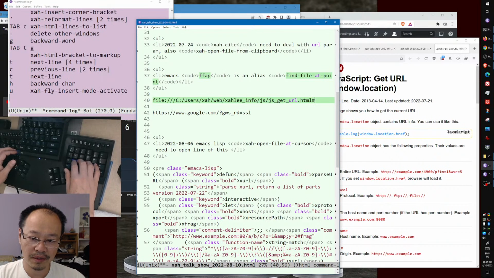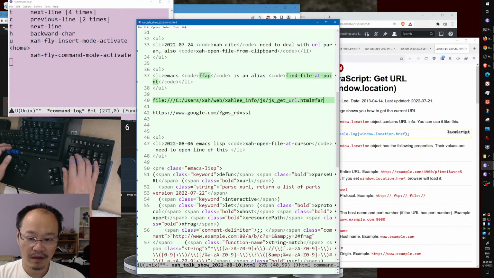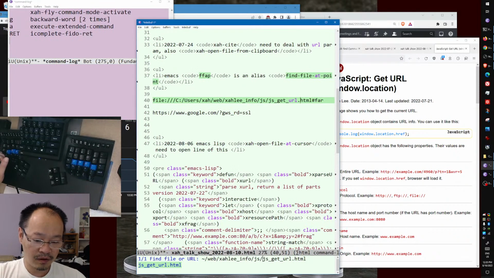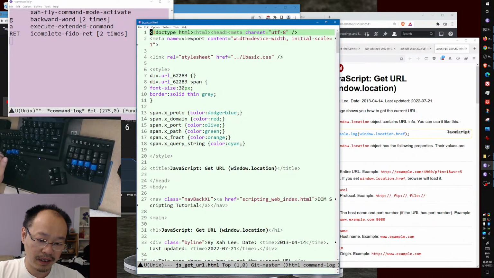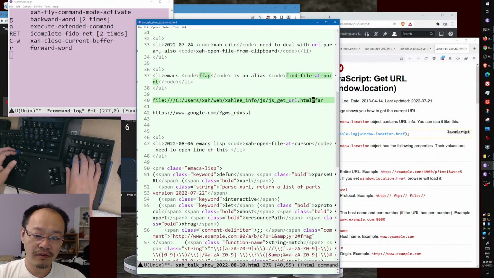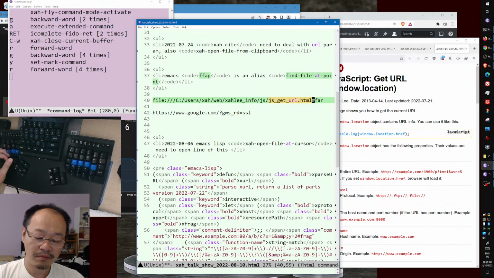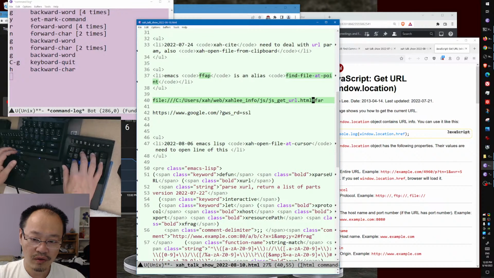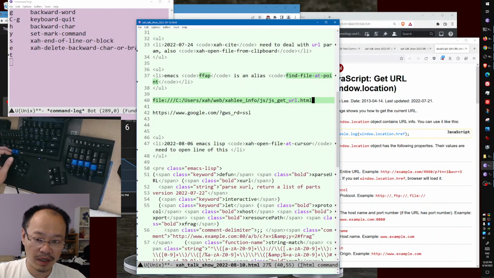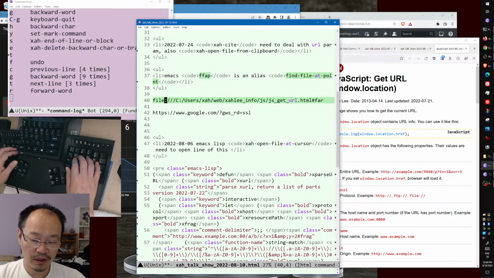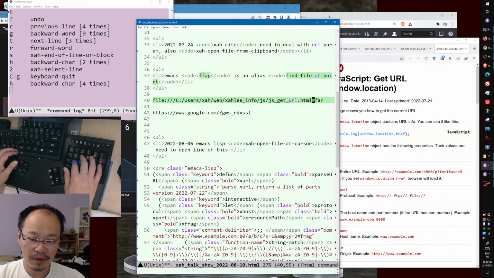see if it works. Okay, so let's put a fragment something. Then let's do FFAP. Do you really want to open that? Yes. Okay, it opened it correctly. So you see, the file name is this file name, right? But then you have the hashtag. So the function needs to remove the hashtag because that's not part of the file name. Then open that. So part of the source code of FFAP must parse the URL. It must take the URL and remove the hashtag